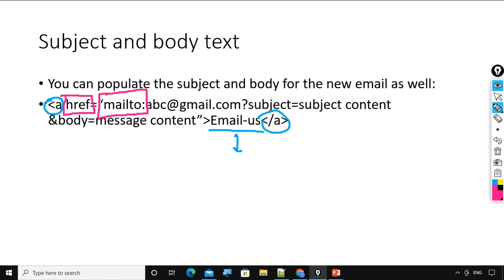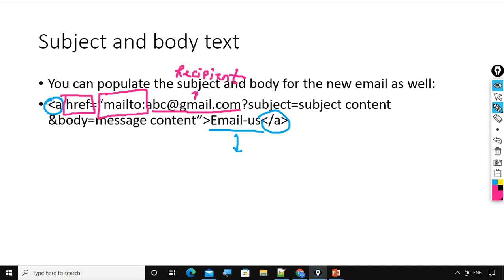Now after mailto colon I have the recipient of my email. abc@gmail.com is my actual recipient. In this example we don't have a carbon copy recipient and a blind carbon copy recipient. Directly we are having the subject.